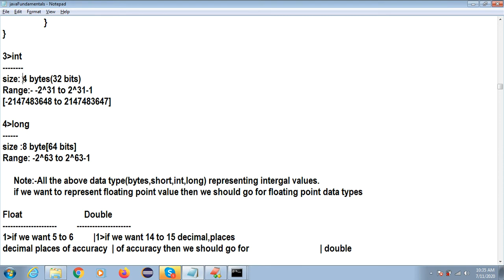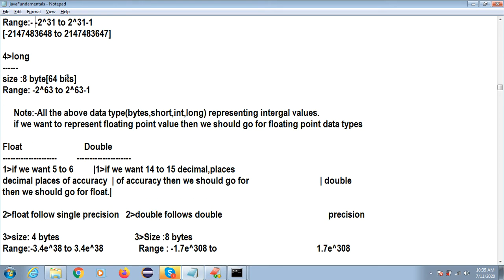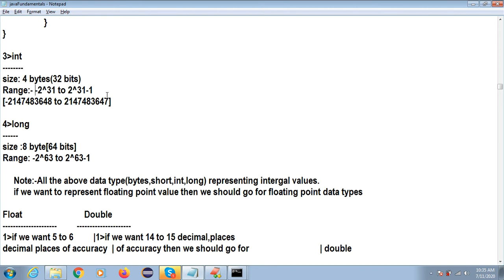So this is the 4 bytes and this is the range. Nobody will ask this range at experience level, nobody will ask what the data type is, but this will help you in real time when you work in a company. As a fresher it might be asked, but for experienced people nobody will ask.